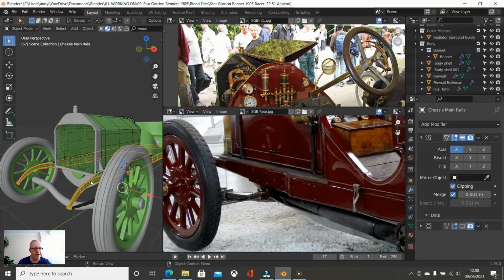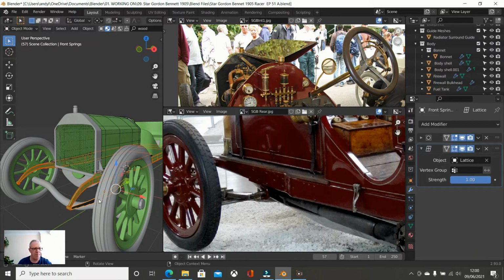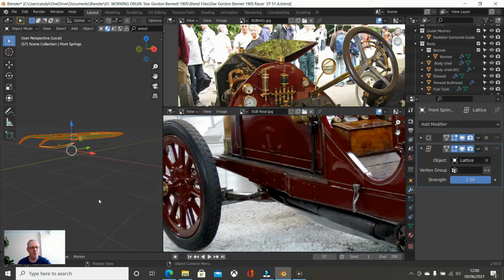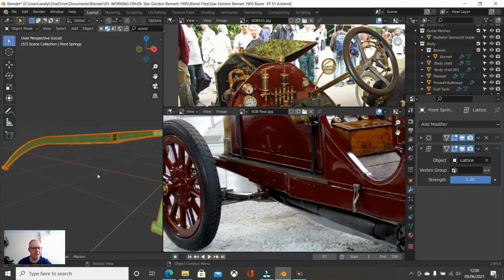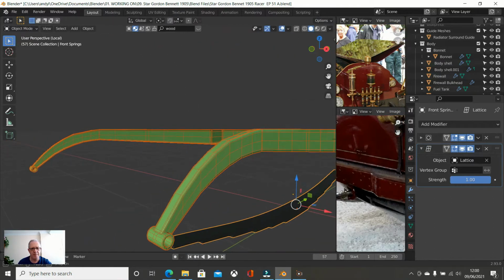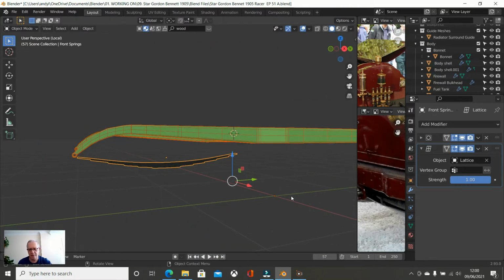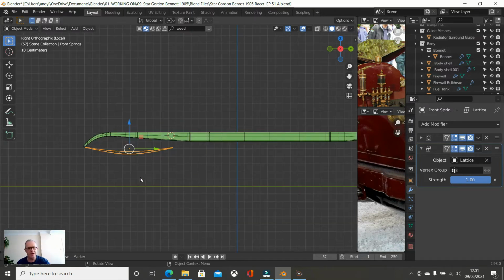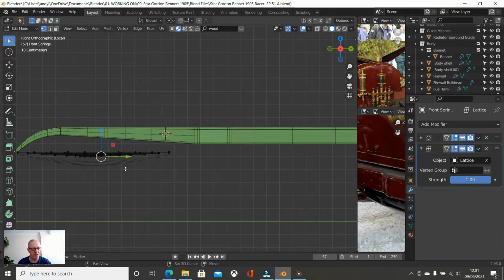So left click on the chassis to select it, and then shift and left mouse click on the springs and press the forward key. So what we're going to be doing is attaching the spring to here. Okay, so let's get into it. Now I'm aware that if we choose this, press 3 to go into side view, tab into edit mode,